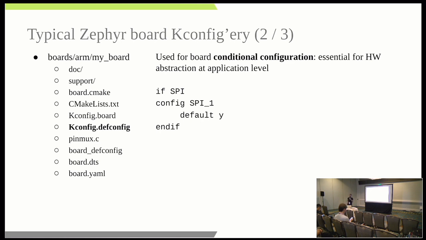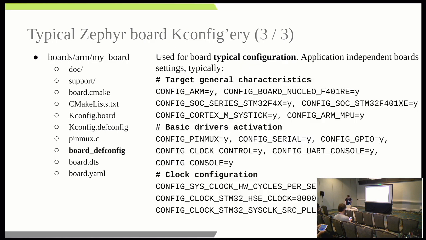This is important because it is used for abstraction at application level, and this is important for application portability, so that we don't enable all the peripherals in all the applications, but only when the application needs them, to save resources. And last, a defconfig file, which is used for typical board configuration, in which we declare the general characteristics